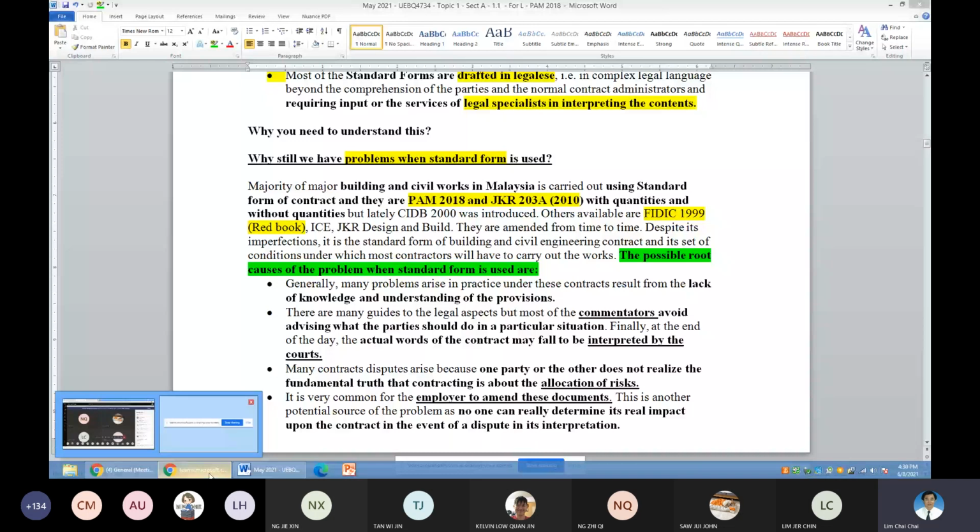So I will do the screen share later on because once I go back to Microsoft Teams, the screen share is cut off again. During the break, I will show you the QR code for you to scan. Okay, don't worry. We will stop for a few minutes for you to scan. It's okay. I continue with the lectures. So the possible causes of